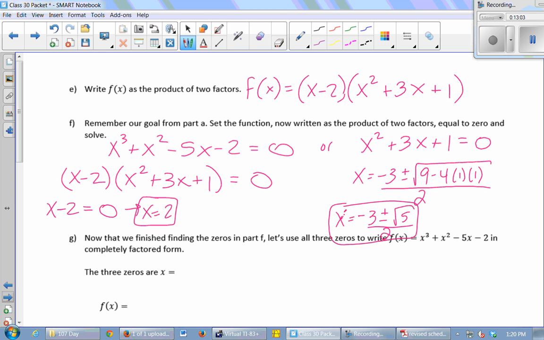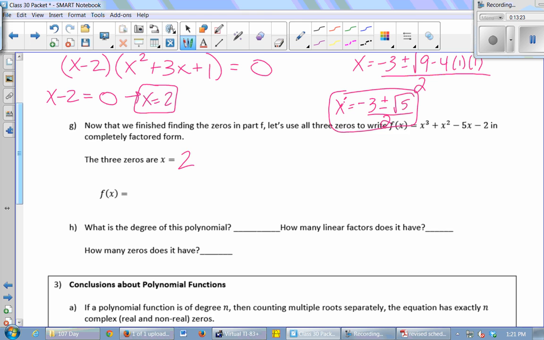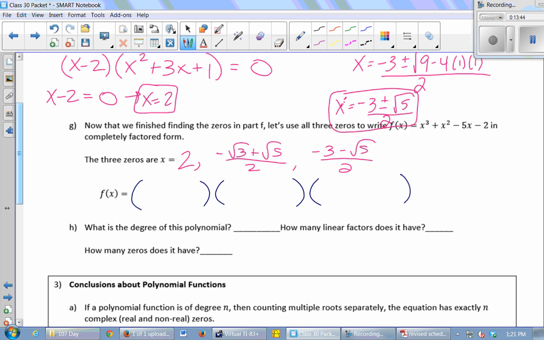2, the x equals 2 I found graphically, and I found the other 2 by doing long division, taking the resulting quadratic, and using the quadratic formula. So now that we've finished finding all the zeros, we could write f of x in its completely factored form. So remember, the 3 zeros are x equals 2, negative 3 plus radical 5 over 2, and negative 3 minus radical 5 over 2. So I have my 3 zeros, which means I can write f of x as the product of 3 factors,